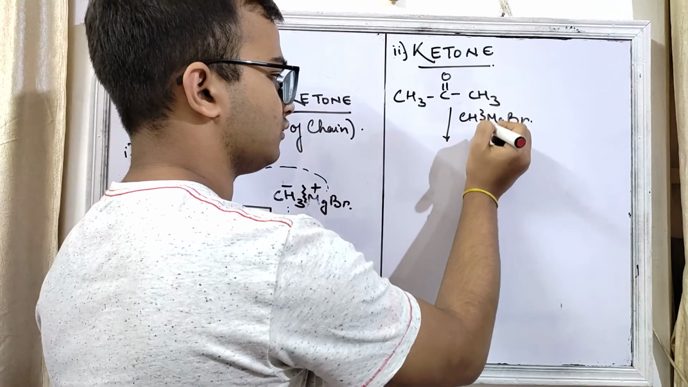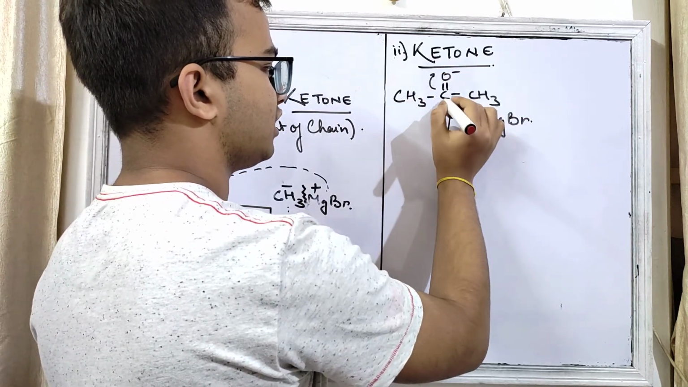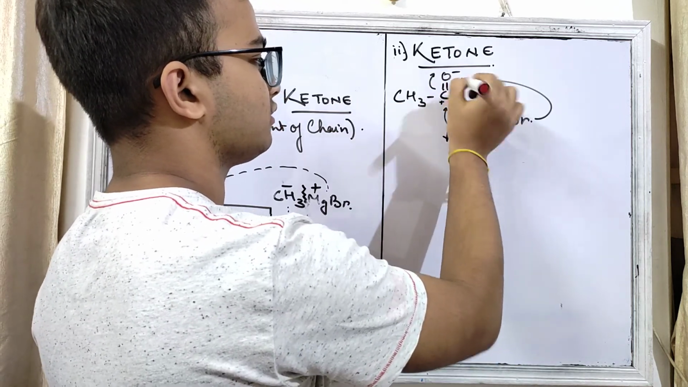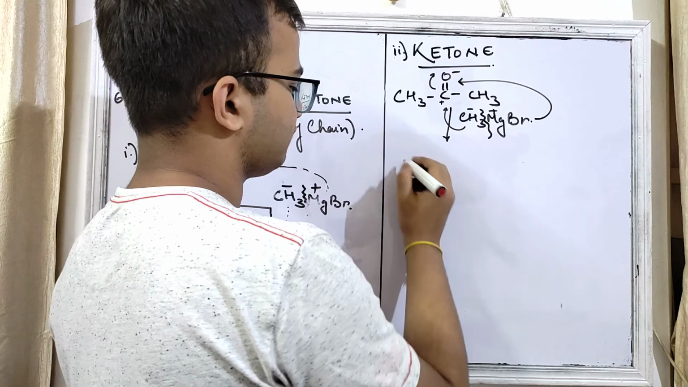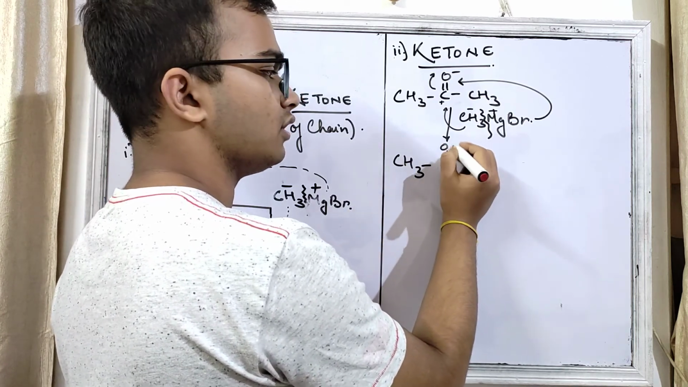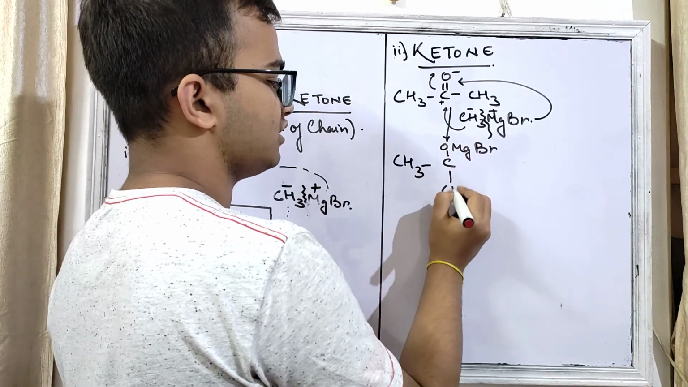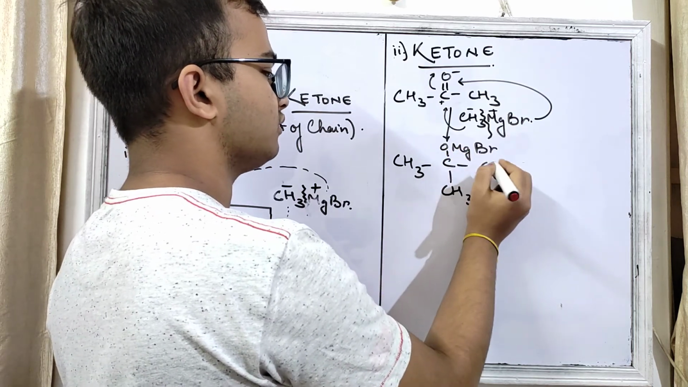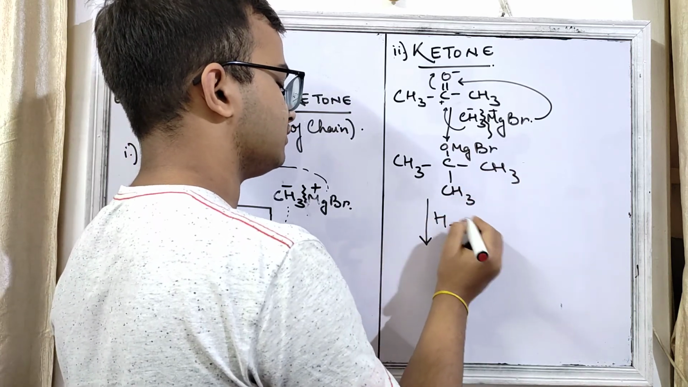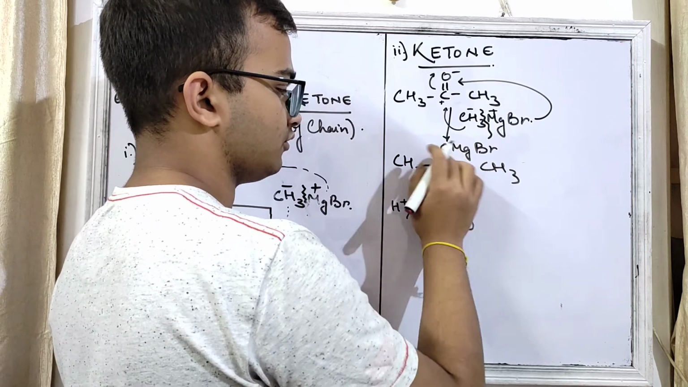So the bond will break like this, negative charge, plus charge. CH3 will attack over here and this MgBr will attack over here. As a result, we get an intermediate like this, CH3 O MgBr, and here it is CH3 and here it was CH3. Now when you perform again the same thing, hydrolysis with water, you can write H plus OH minus,